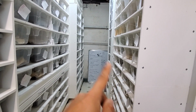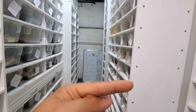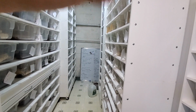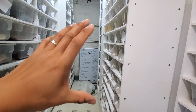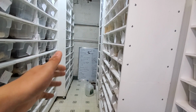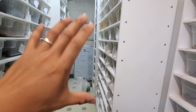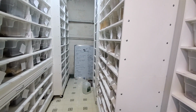Like I said, there were some hatchlings on this side that I now moved to this side. This has tubs running 4 across, and I believe I have 16 levels going up. The top 3 are turned off right now. The bottom one is also turned off, and I kind of just consolidated all of my hatchlings to the middle. It's just easier to work with the ones in the middle, not having to bring a ladder or kneel down on the floor to clean them and things like that. So that's kind of what I do right now. These are all the holdbacks from 2020. And now if we pan over here,